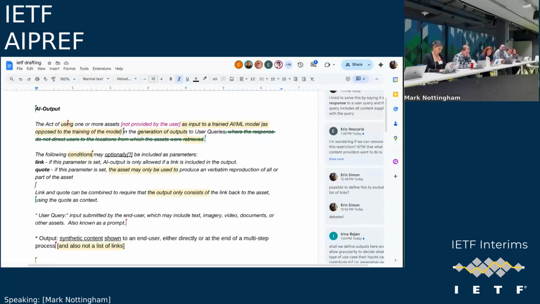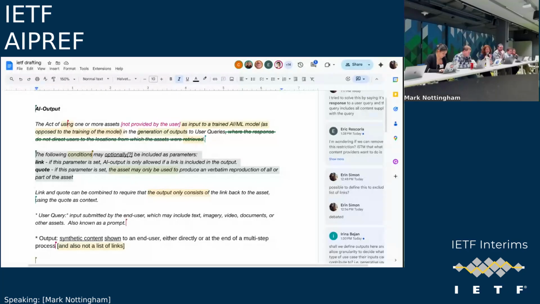So that first section of the definition, before it goes into the following conditions that may optionally be included as parameters, that's essentially the control that we'll be providing. Is that right? Well, I think the top level thing is a statement of preference, generally. Yes or no to being used as an input. And then you can condition that on some requirements.